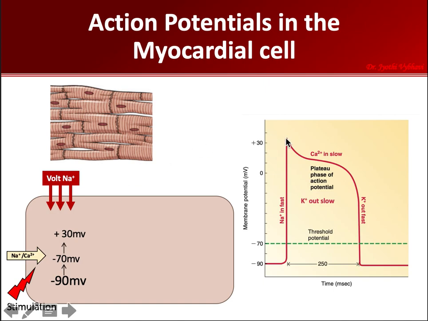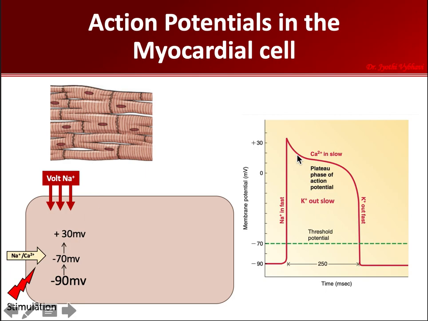And here, when it reaches the positive potential, two things happen. One is that the voltage gated sodium channels close at the positive potential. I told you they are voltage gated, they work in certain voltage only. At this positive voltage these close, whereas at the same time some transient potassium channels open. Potassium is abundant inside, and when these channels open, some of the potassium goes out. These channels are very transiently opening and closing. After potassium goes out, you can see a little drop in the potential, but still it is positive. But these are transient and they close.